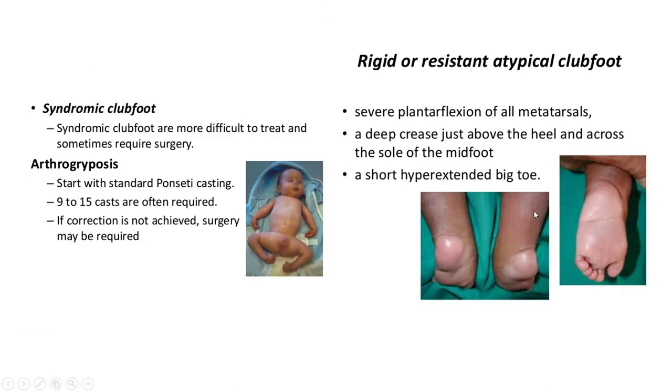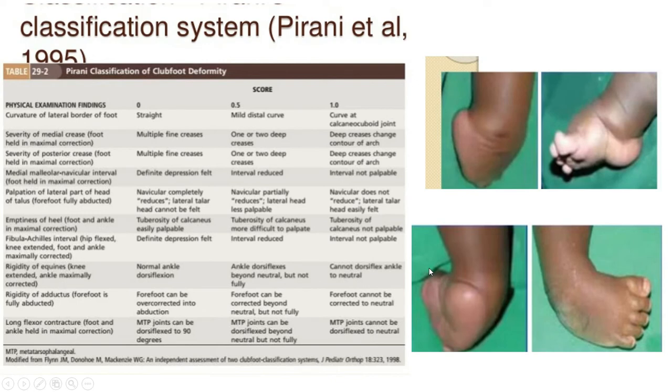Now sometimes we can get a very stout, stubby, and rigid type of deformity. This is called resistant CTEV. It may be present most commonly in the Negro child, with a short hallux, and a big toe may be associated. In Negro children this type of CTEV is generally seen.